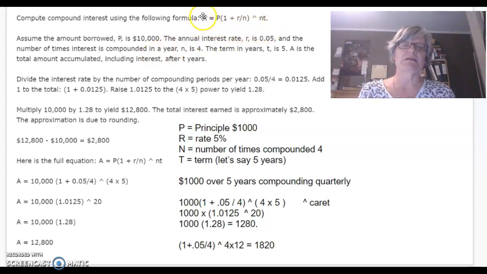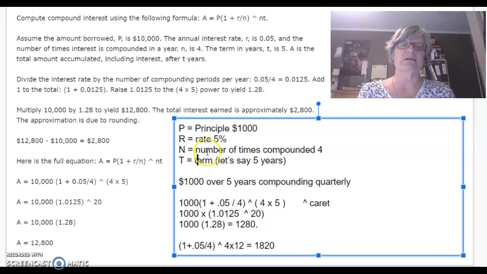Up here you can see a formula, and this is the formula that banks use to work out how to calculate how much interest you're going to make on an investment or on your mortgage or a loan. So basically what it reads is the amount is the principal, which is the initial amount that you are going to invest. In this case, I'm using $1,000, multiplied by 1 plus the rate, 5%, over the number of times